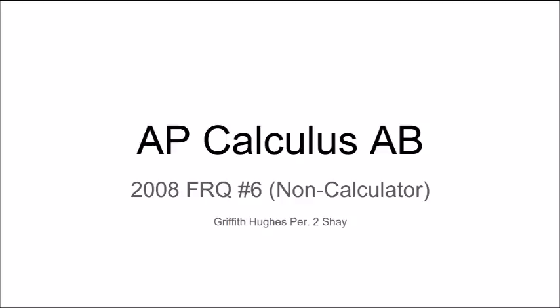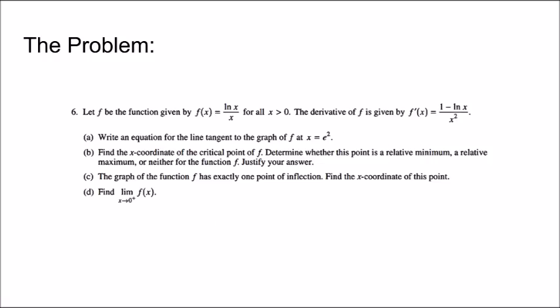This problem mainly covers topics from sections 1.6, 2.2, and 4.2 in our Calculus Early Transcendentals textbook, and is based mainly on our understanding of derivatives and their applications, as well as our knowledge of the natural log function. As we read through the problem, it is always important to highlight key words such as justify or phrases such as find the x-coordinate of this point. These key words will help you go through the FRQ question faster and keep you on topic while you are